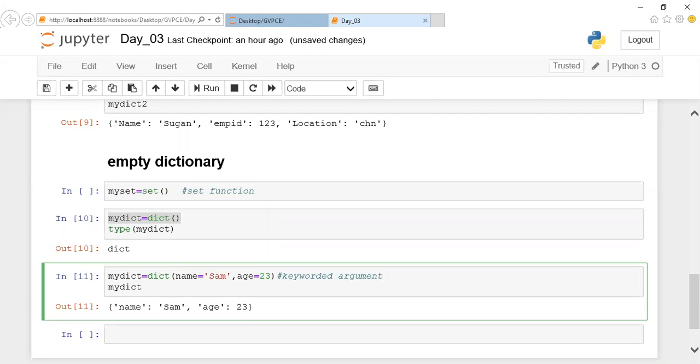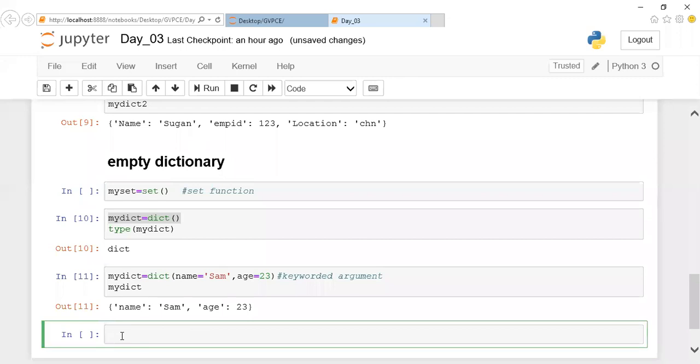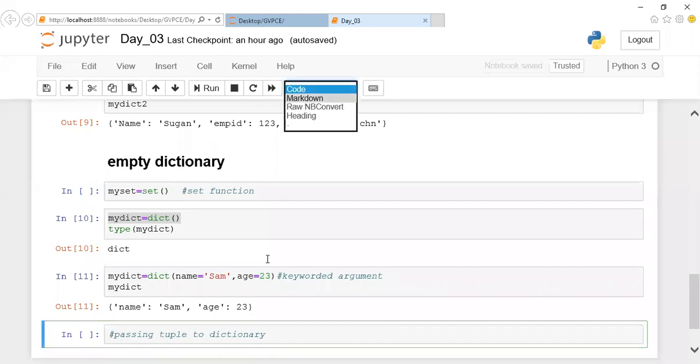Okay, and the same dictionary can be created by using tuples. The next approach is passing tuples to dictionary. Guys, for dictionary we have multiple ways of initialization. I'll tell you one by one. So far we have seen an empty dictionary and initializing values by using the dict predefined method.